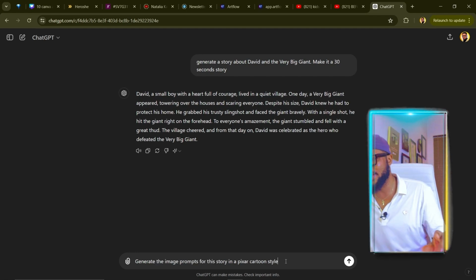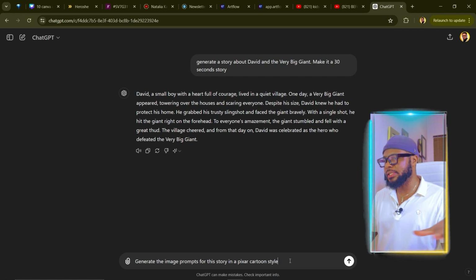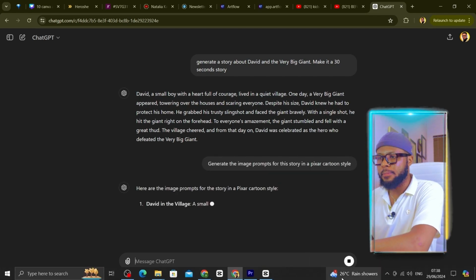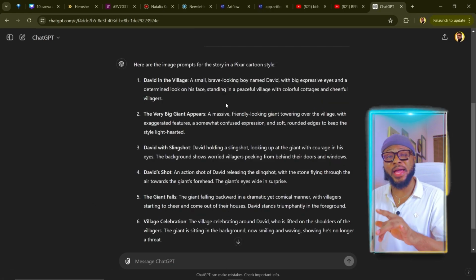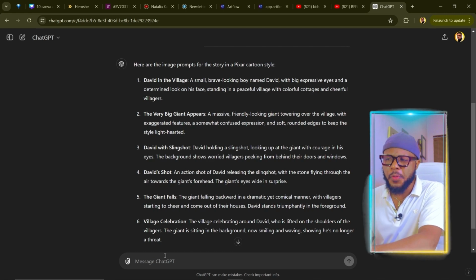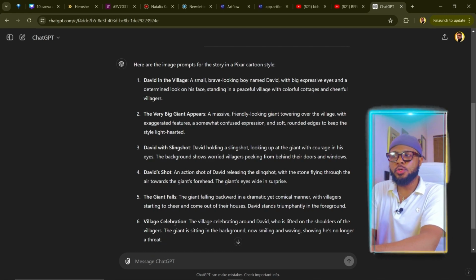So here we have: generate the image prompts for this story in a Pixar cartoon style. This is all we need to give ChatGPT, and it is going to generate the image prompts for this story. Now you can see that ChatGPT did not add the Pixar style. So what we're going to do here is tell ChatGPT to include the Pixar style, but you might not necessarily need to do this. All you have to do is put it in the image generative AI tool and then add, in a Pixar style. But I just want ChatGPT to generate everything so that I can learn how it works with ChatGPT,